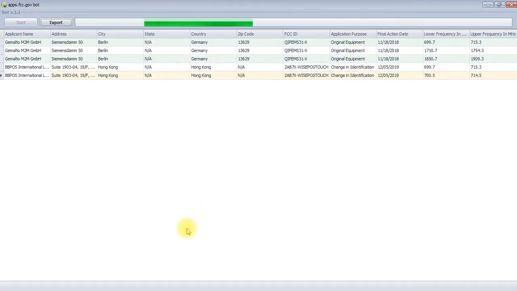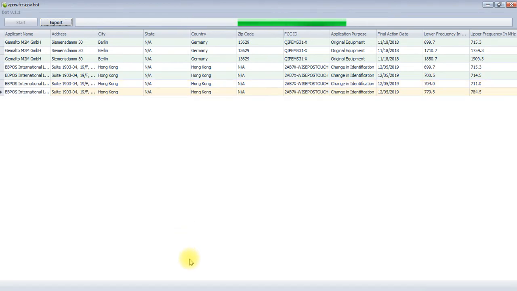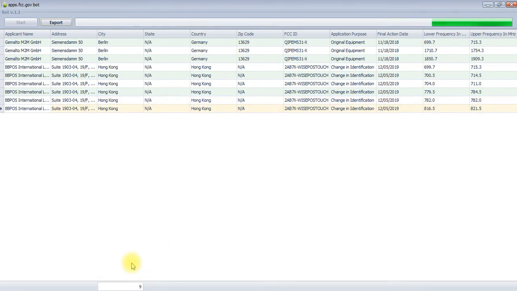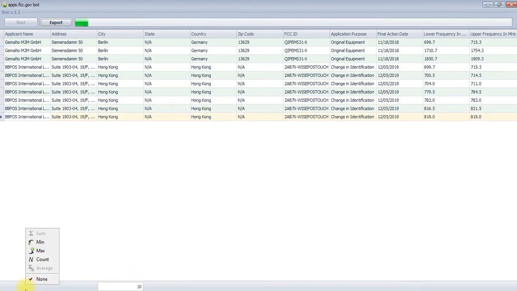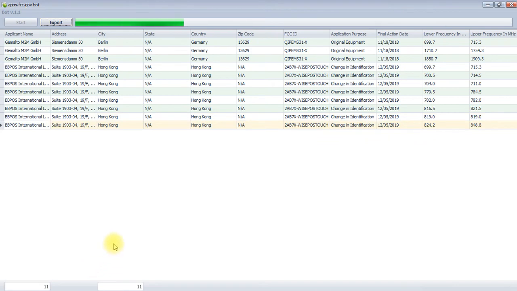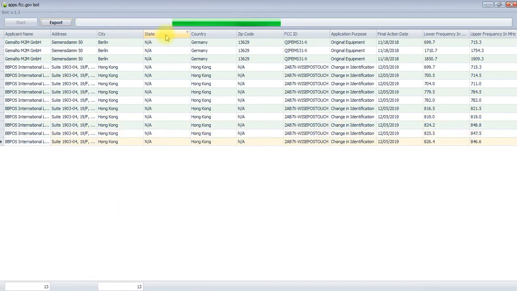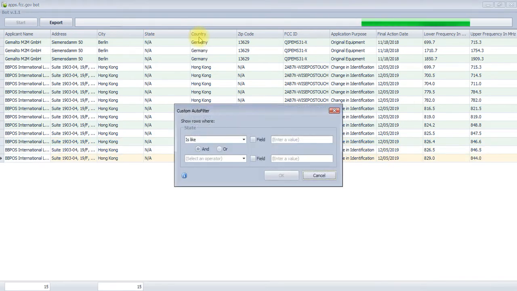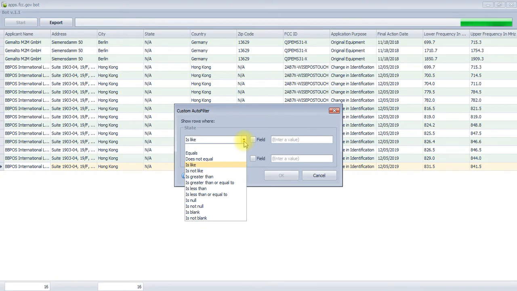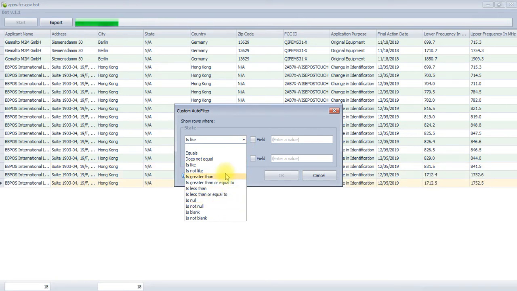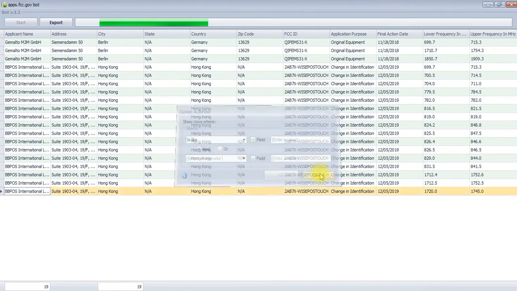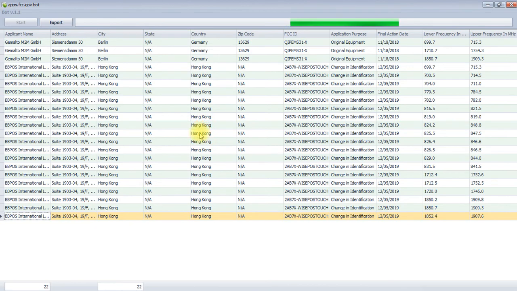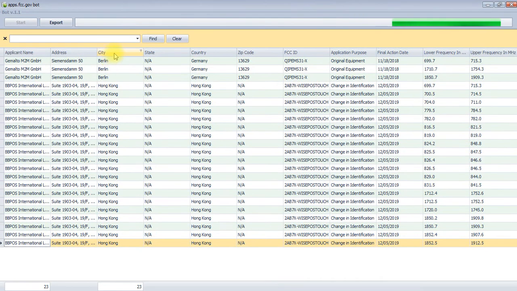Now there are a lot of features in this board. Let me show you. In every column you can apply the count bar like this. Okay, and here you can apply your custom filters like we do in the databases or in Excel spreadsheets. Okay, and then there is also a search bar, a find panel.